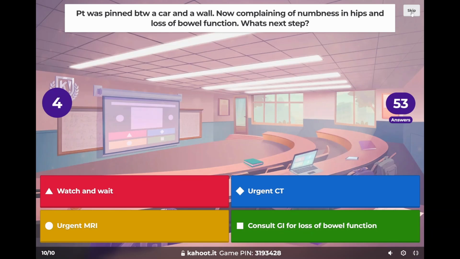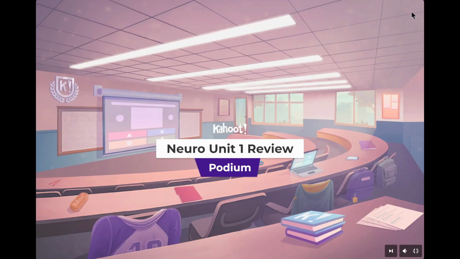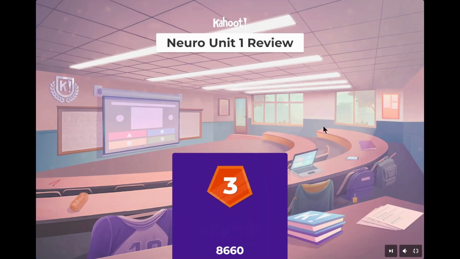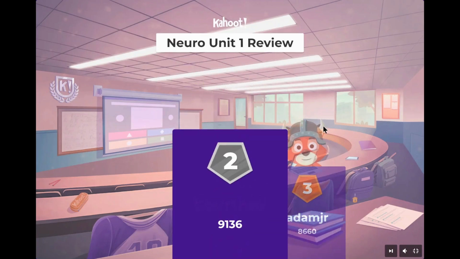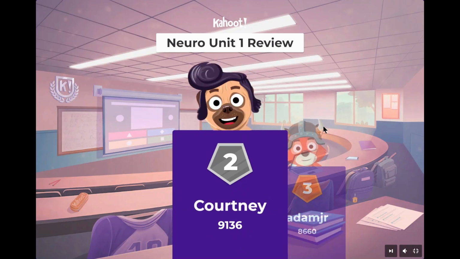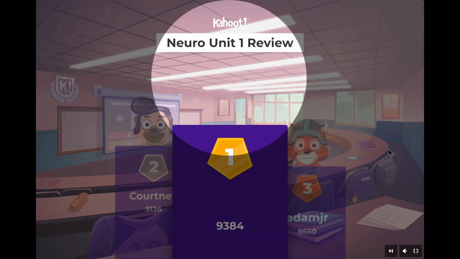Yeah, well, I'll have them watch it. Urgent MRI for this one. What are you worried about? Cauda equina. Very good. Whenever you have spinal cord compression, I know that, but I'm not